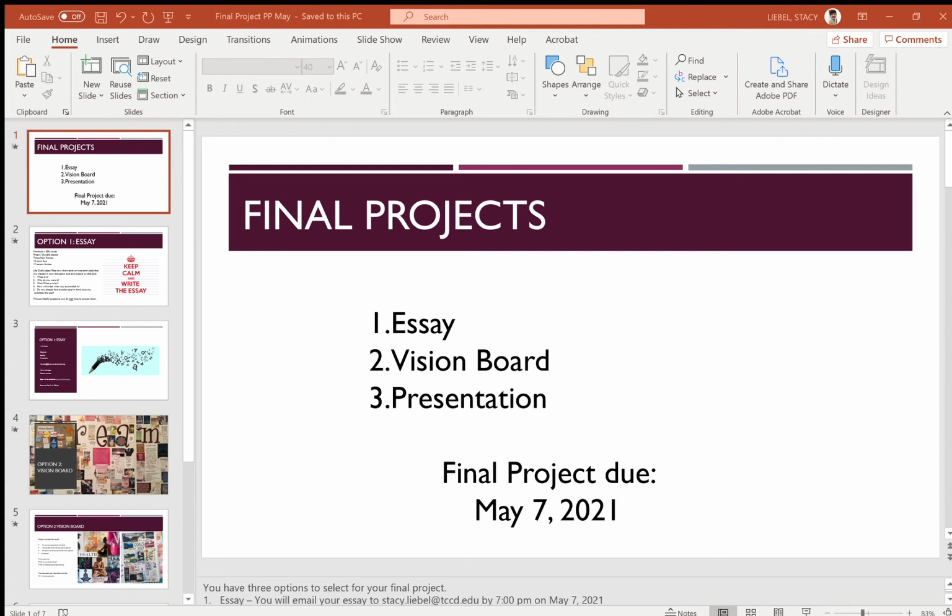Now you must present your vision board to the class. Now that being said, you do have two options. You can present your vision board by recording it and uploading that to the discussion post, or you can present your vision board to the class.